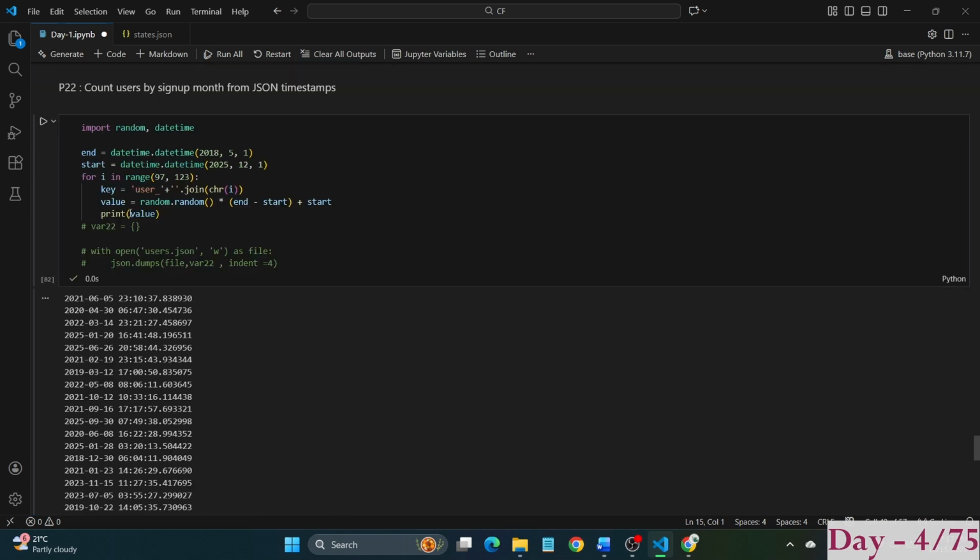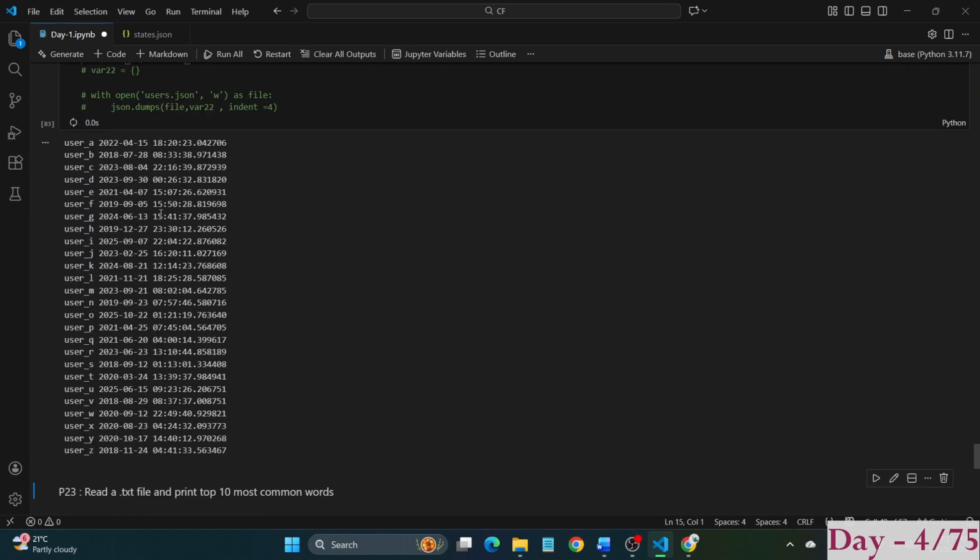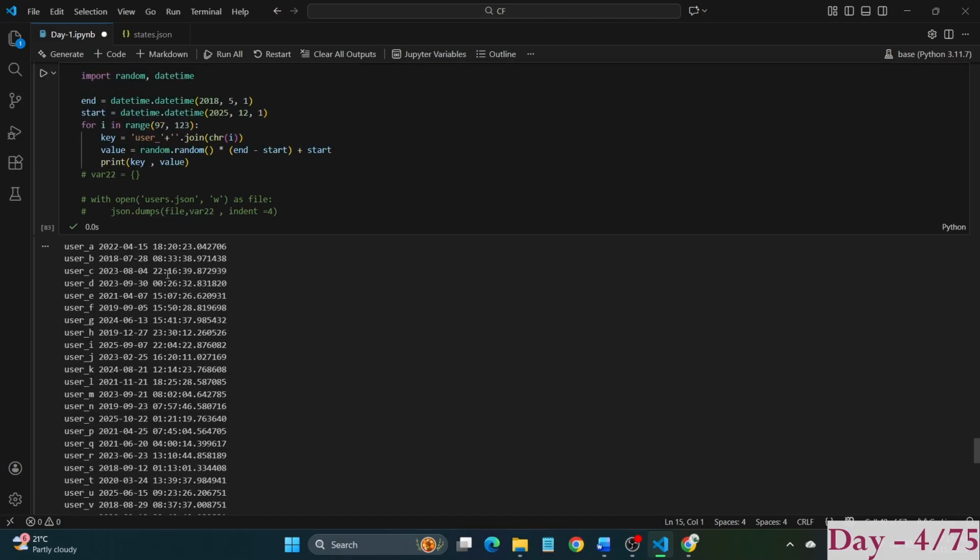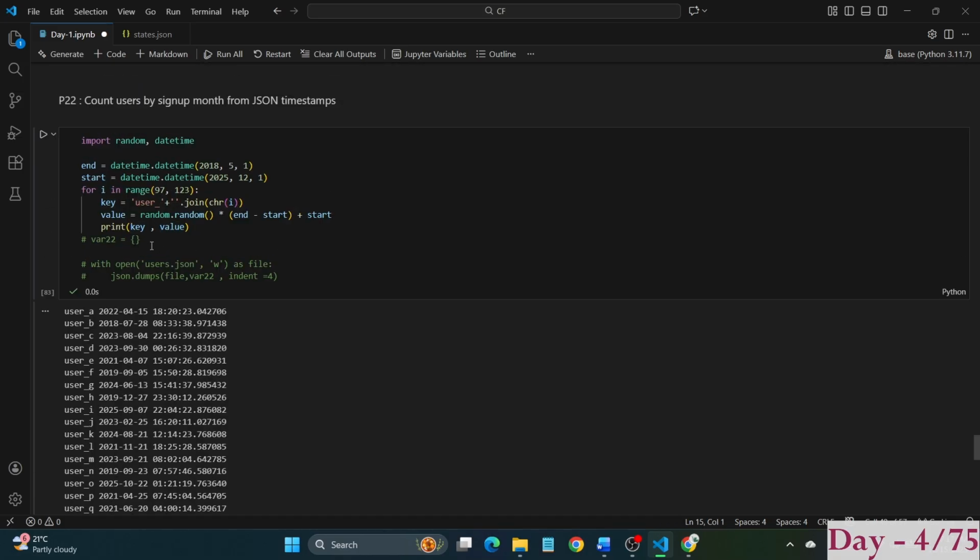Now I will print both key and the timestamp. Okay, so we had generated a variable which is consisting of keys and values. Now from here,